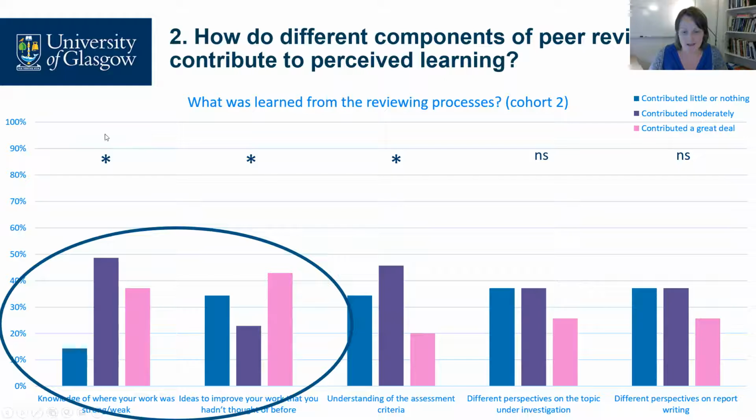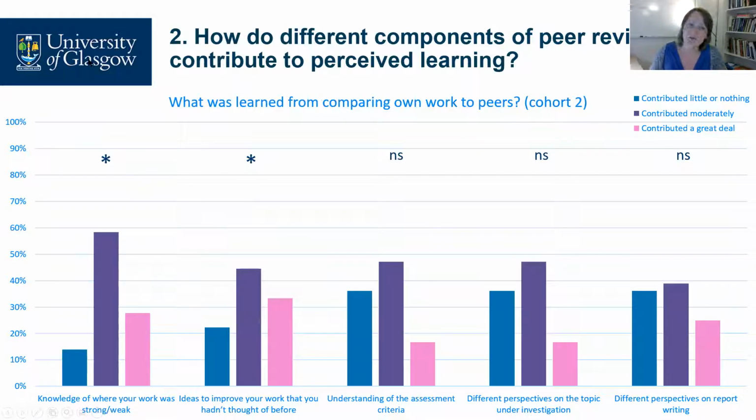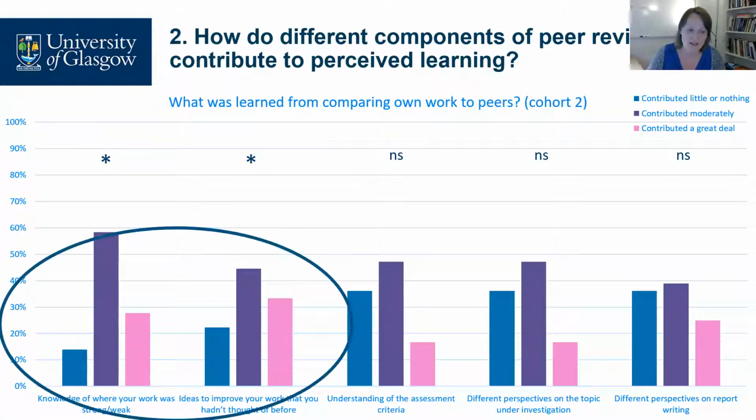And again, that fits with when we explicitly ask people what was learned from comparing their own work to peers. These different things that we could be learning were the same. The two that were significant here were the same two as reached significance previously. So essentially, they're learning about their own work when they're explicitly comparing it to peers, but they're also learning about their own work before they're asked to explicitly compare. They're just spontaneously doing that. So in both cases, whether they're asked to compare their own work to peers or not, they're spontaneously doing it and learning the same thing from that.